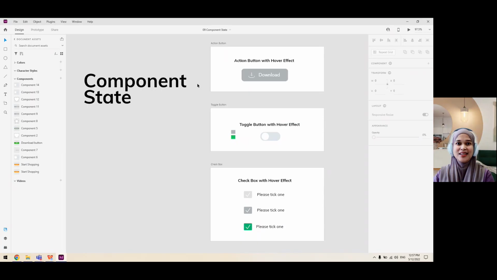In this lesson, you will learn about component state. In Module 2, you have learned about component that refers to an icon, graphic, shape, or a symbol that will be reused throughout designing interface. When designing for a mobile application or website, there are certain elements that you will reuse throughout your design, such